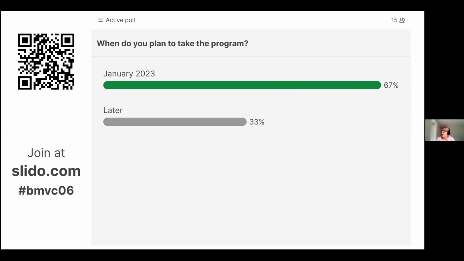So thank you. I see people are adding to this. If you don't mind, bear with me, I'll just take a moment to wait for people. I can see people are continuing to join. So I see people are still arriving. For people that are arriving, our Q&A platform is in Slido today. You can take a photograph of the QR code, it'll bring you right into it. Or if you join it by a browser, we have an event code, which is BMVC06. You should be seeing that on your screen. Okay, thank you for that. I'll move on to the next question,